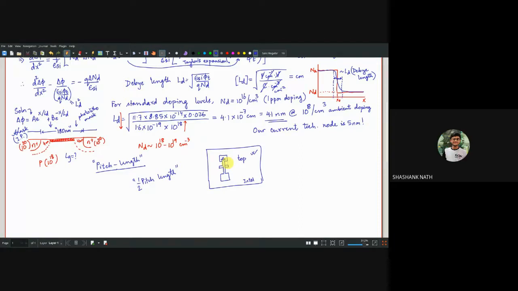Sir, while making the mask, they can take into consideration the effective Debye length also. That is how they do so. No, because this Debye length is something I'll tell you how you take care of. You can have an idea about the order of the Debye length. For example, we have found that the exact order is 10 power minus 7, so it will be something around 4.1 nanometers. We cannot say whether it will be 3.9 or 4.3 nanometers.